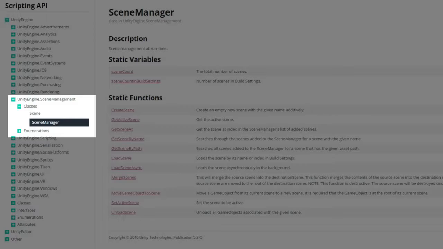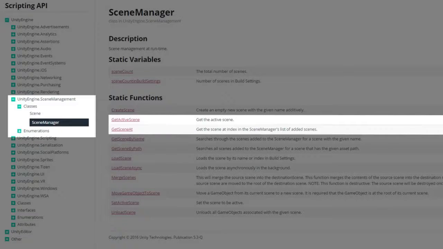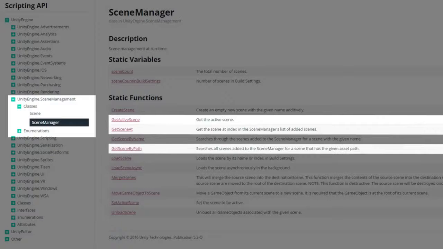Now onto the SceneManager. There are a few functions out there that I use quite a lot. GetActiveScene returns you a Scene object, really useful to have. GetSceneAt returns you a Scene object again, but you pass it an int parameter defining which scene you want, taken from the build settings. GetSceneByPath might be useful if you don't know how many scenes you'll have and if you're loading from a resource folder. So let's just assume it's a game with user generated content and your user creates new maps. Those maps are stored inside of the resource folder